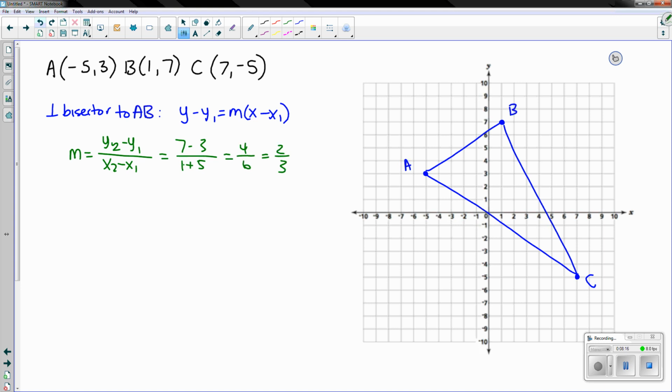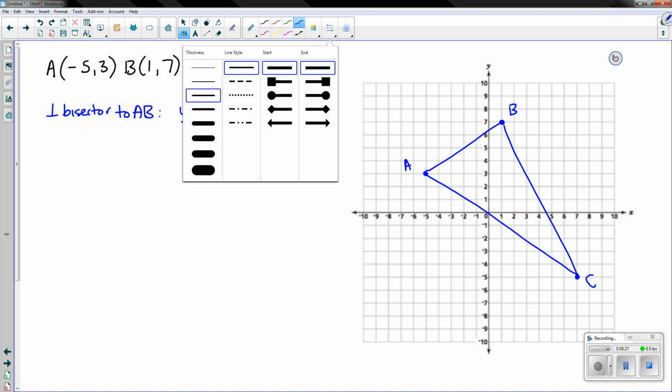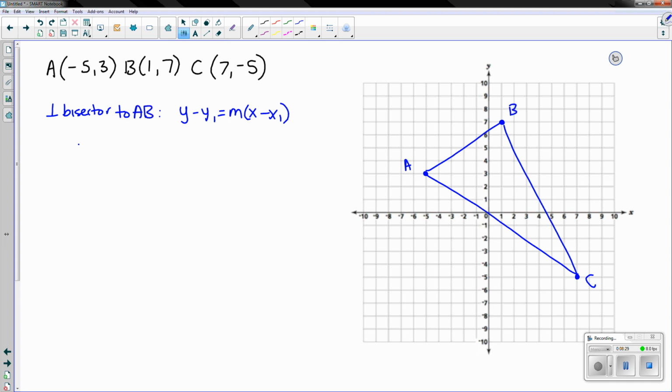But remember, we don't want the slope of that side to write the equation of this line. In the end, we need to write the equation of the line that runs perpendicular to that. So if the slope of AB is equal to 2/3, that means the perpendicular slope to AB must equal -3/2. Now, a point that it passes through, it has to pass through the midpoint of that side in order to